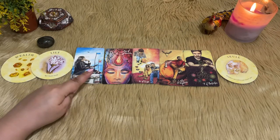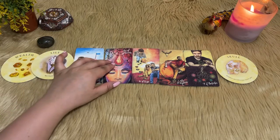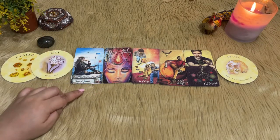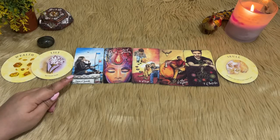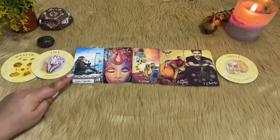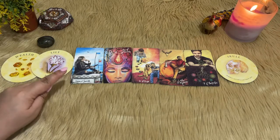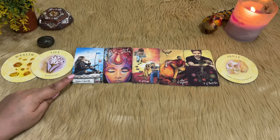Okay, so I'm also seeing an energy of being competitive. You guys have a good sense of sportsmanship, and you always strive to be the best. I've mentioned that you're competitive, but it's not in a sense that's toxic, but it's in a way that